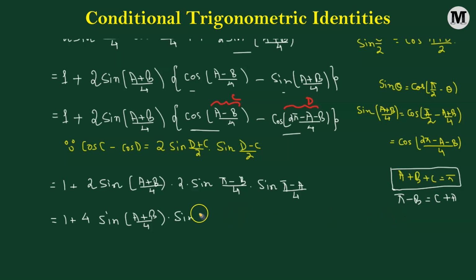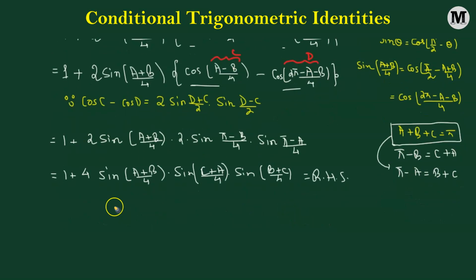So we can replace it with (c plus a) over 4 multiplied by sine of the angle (pi minus a) over 4. Again, using this relation, we can have pi minus a equivalent to b plus c. So here we can replace it with (b plus c) divided by 4. And this is exactly the expression on the right hand side. So we can say thus